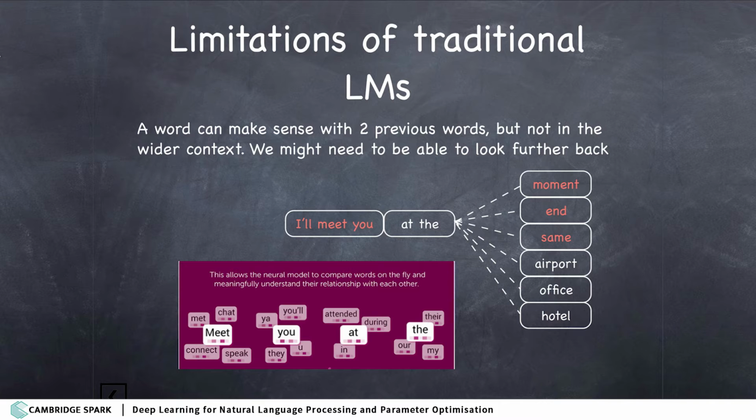context. The traditional language models were limited by this previous context, where we need to specify how many words before we need to look to calculate those probabilities. They are limited in that case because we can't predict the most probable continuation given a lot of context before that. So this is what neural networks help us to overcome. This is one of the limitations that they actually solve. And they would be able to predict that more probable continuations after this broader context would be, say, airport, office, or hotel. So you would see those suggestions in your phone because of these new advances in the technology.